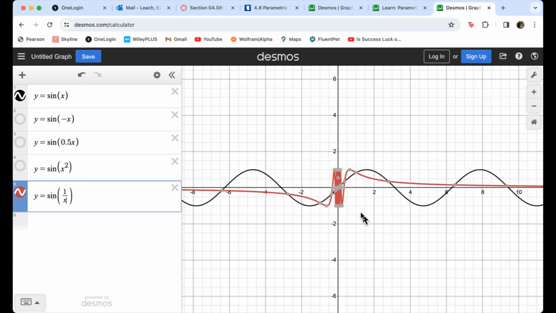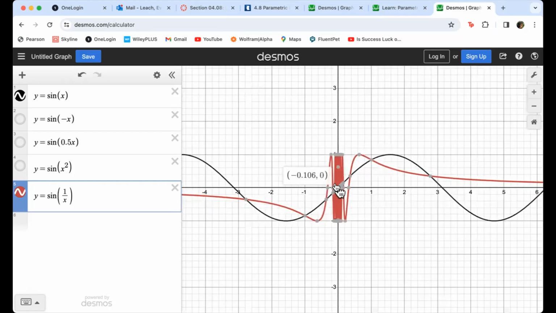So normally, sine says, I'm going to start at 0, and I'm going to do an infinite number of oscillations while I go to infinity. But now infinity is this one point right here at 0. I've moved infinity to 0, and now I've got to cram in an infinite number of oscillations for sine as we get closer to 0. This clearly doesn't work, and if we zoom in,